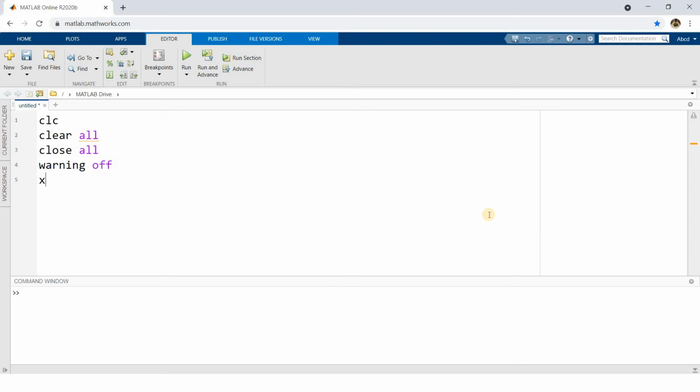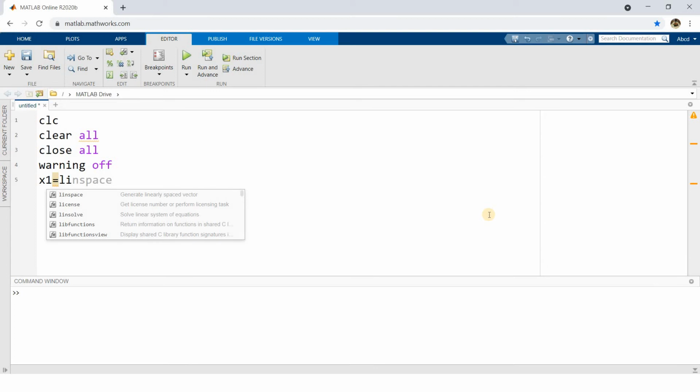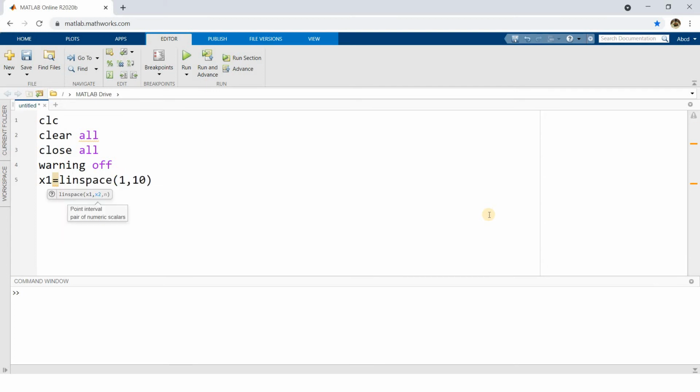What I am doing, x1 equals, I am generating one data set using linspace of 1 to 10 with 76 points between this range 1 to 10, equally spaced data. And then I am adding some noise factor, rand of 76 comma 1.